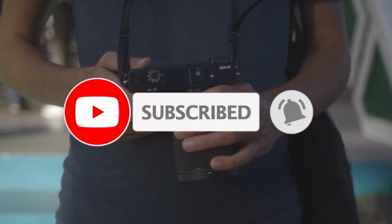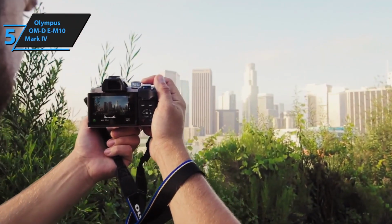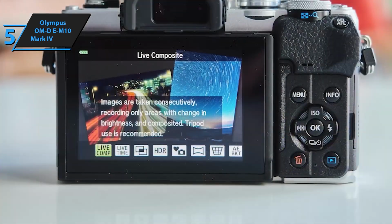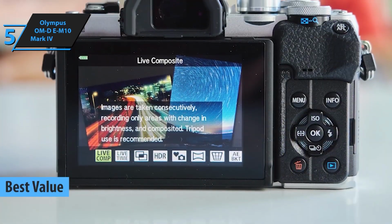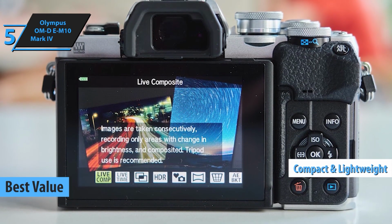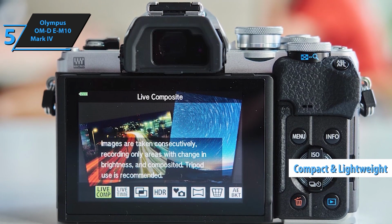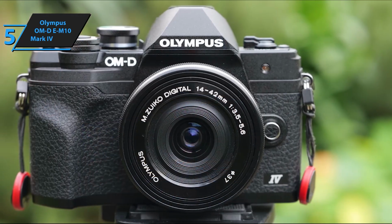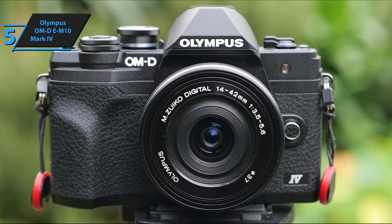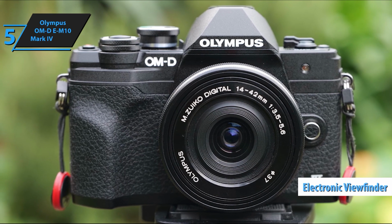Let's get started. Starting off strong at number 5, we have the Olympus OM-D E-M10 Mark IV. This camera is perfect for those just starting their photography journey without breaking the bank. With a 20MP Micro Four Thirds sensor and a super portable, retro design, it's lightweight and packed with powerful features. The flip-down touchscreen makes vlogging a breeze, and the 5-axis in-body stabilization ensures your shots stay sharp, even without a